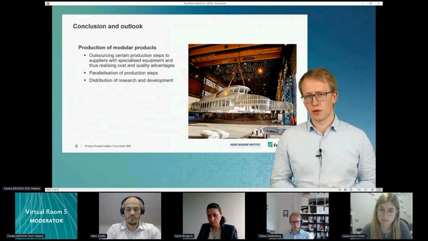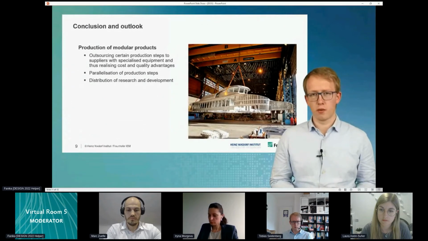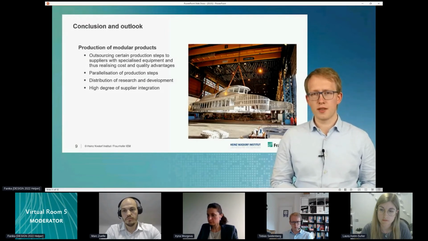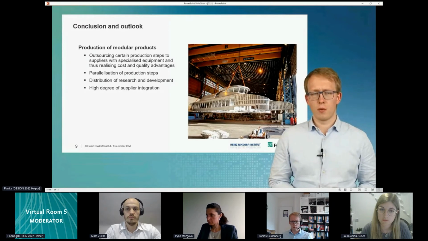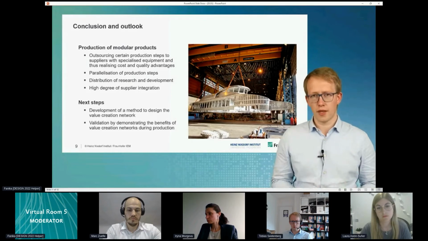By distributing the research and development to specialized partners, we see a better result overall, lowering the energy use per person kilometer, and the high degree of supplier integration in a just-in-time or just-in-sequence developed network will lead to further cost savings. As the next steps, we're obviously trying to develop the method to design the actual network.